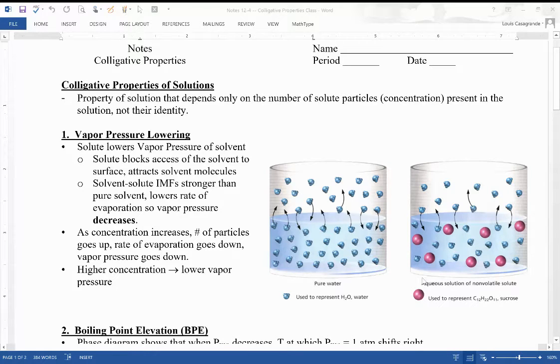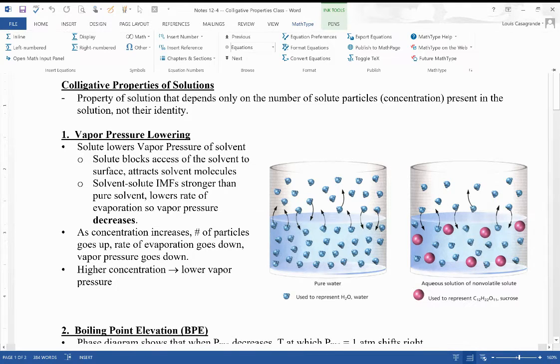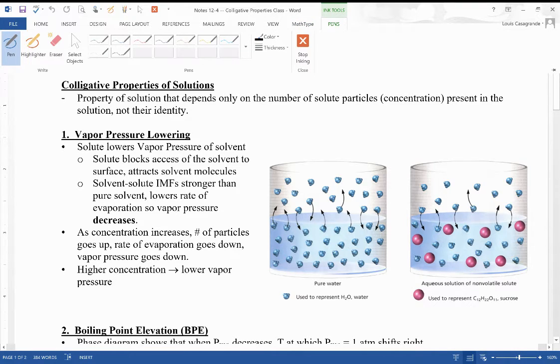solutions called the colligative property of solutions. You're probably familiar with at least one colligative property, even though you don't know about it yet, and that is the reason we put salt and other chemicals on the roads when it snows. We say it's to melt the snow or to melt the ice. What it actually does is lower the freezing point of the snow and the ice, so that when you lower the freezing point, the temperature now is higher than the freezing point, and that way the snow or the ice